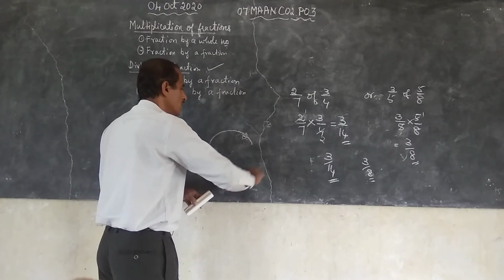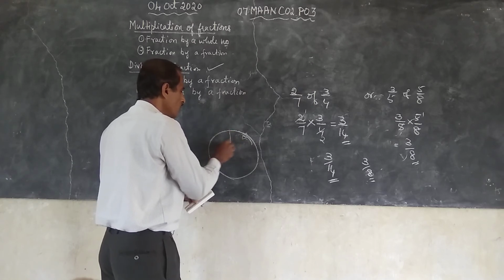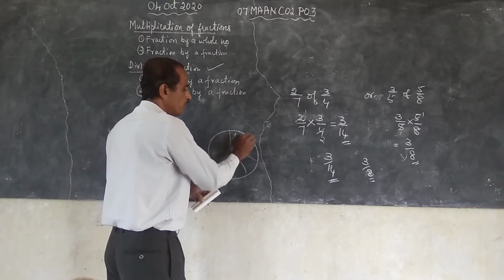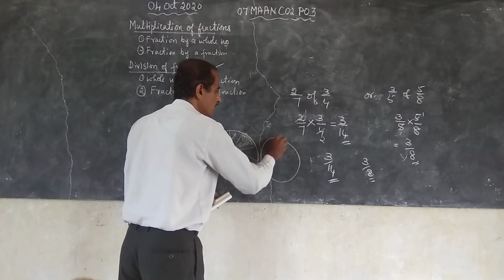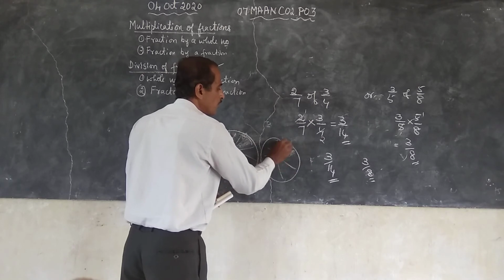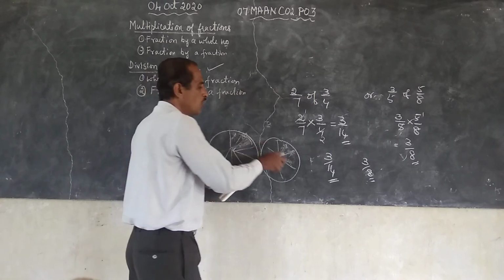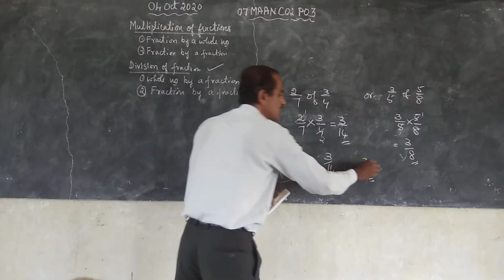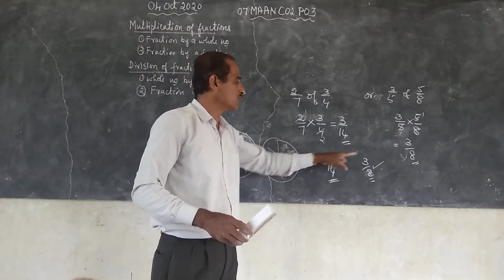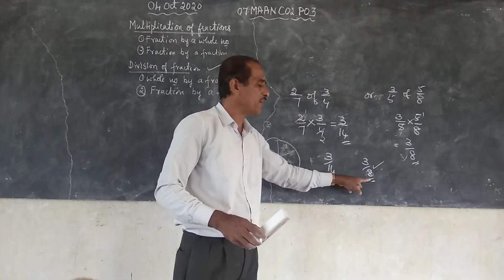3 by 14 means what? One whole is to be divided into 14 parts, and out of 14 parts, only 3 parts. Out of 8 parts, the parts will be a little larger. So this is larger than this. Out of 14, 3 means the smaller one. Out of 8, 3 means the bigger one. So this is bigger. Remember, children, if the numerators of two fractions are same, then